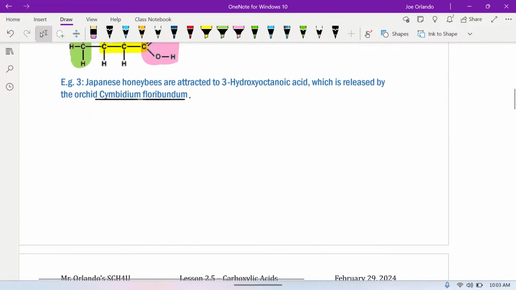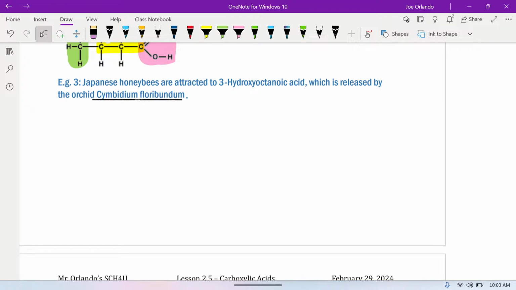Okay, so draw this for me. 3-hydroxyoctanoic acid. Nice straightforward one. You can do it. And when you think you have a good answer, wait 45 seconds, wait a minute, and then come put it up here for me. 3-hydroxyoctanoic acid. 1, 2, 3,